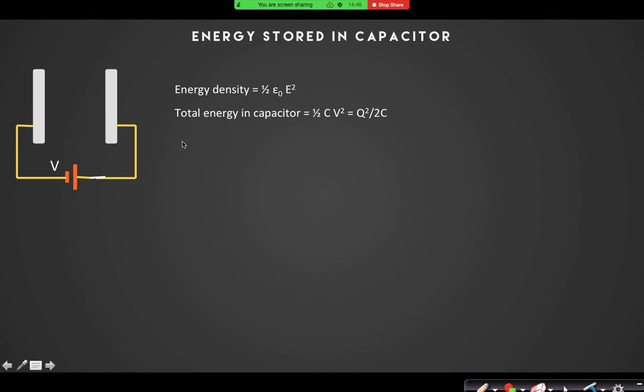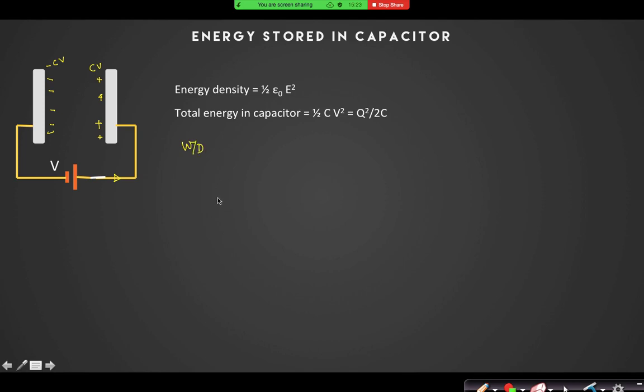Right. Now there is one more interesting thing that I need to discuss here. Suppose the capacitor is charged through the battery. Initially there was zero charge on that capacitor plate, right? After I connect this battery, the charge on this plate is plus CV, and this plate is minus CV. Now if I ask you what is the work done by the battery during this charging process?